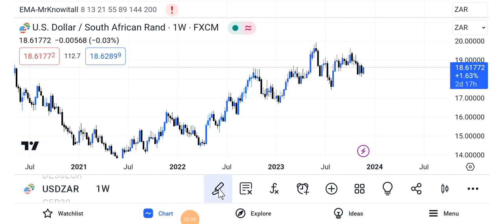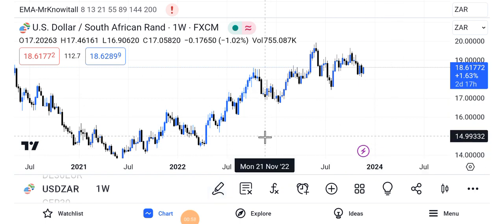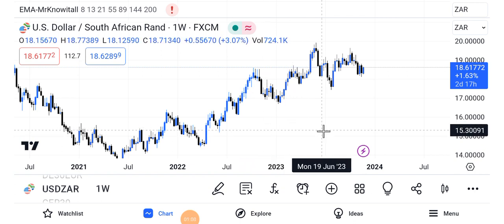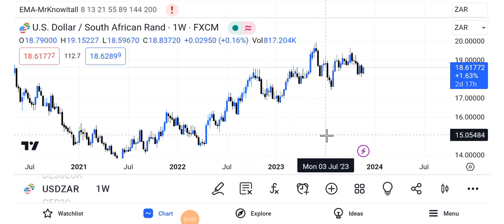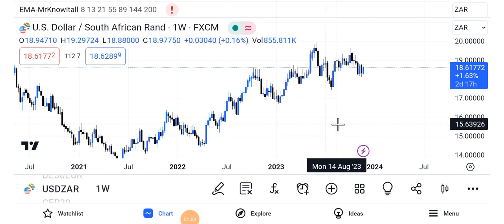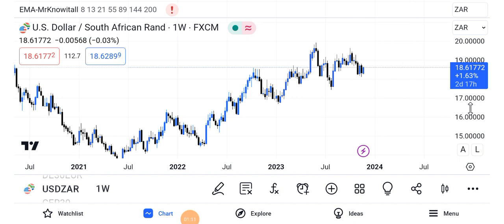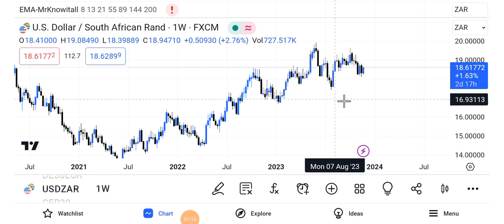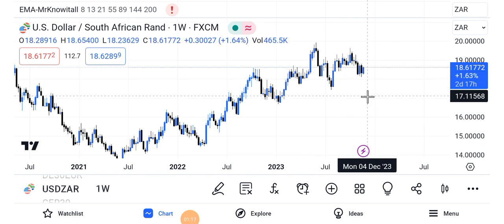Now, how I like to make my analysis from bigger time frames is that I like to only focus on a few things, right? Most of the time I would like to focus on the trend, which is the number one thing that I'm going to be focusing on. And then I'm going to focus on the key levels, and then I'm going to focus on the market